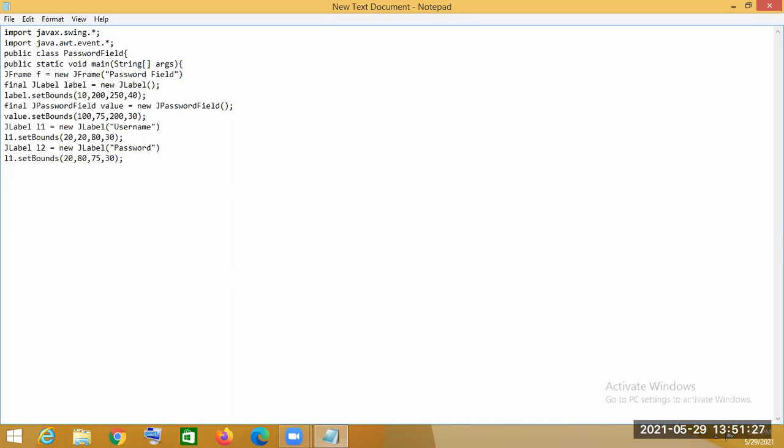Then what I said, that below there will be a button present, and in this button it will be written as login. And after pressing that, the event will be generated. So that means we have to create the button class object in it.